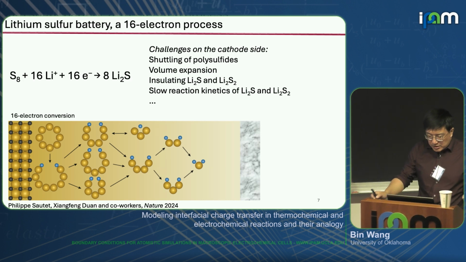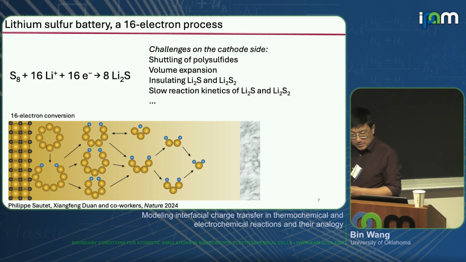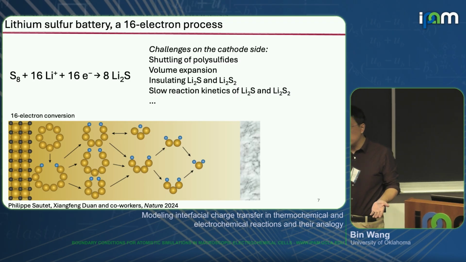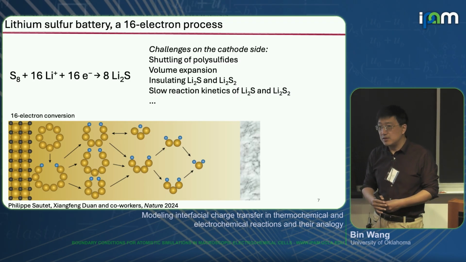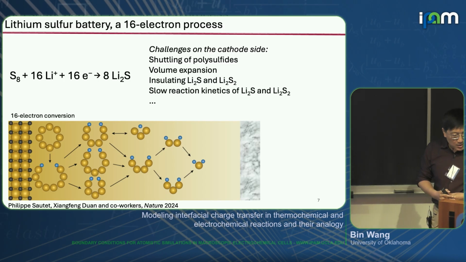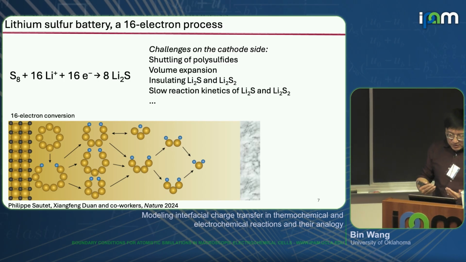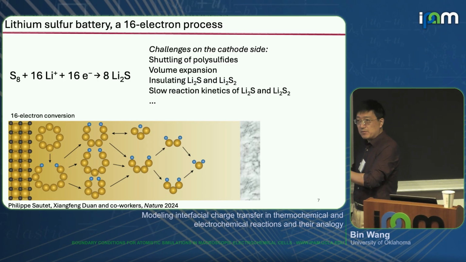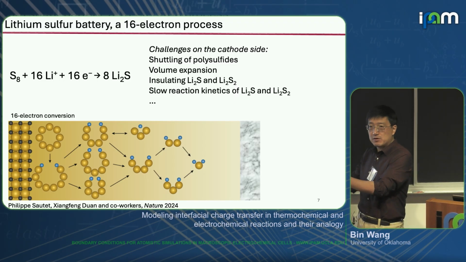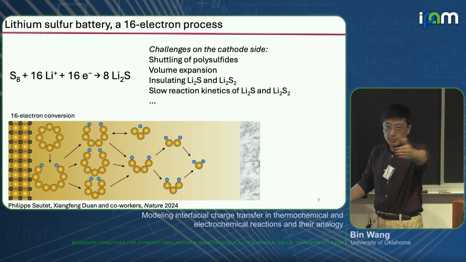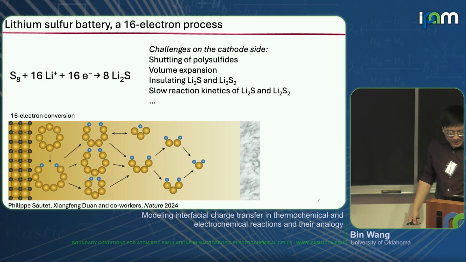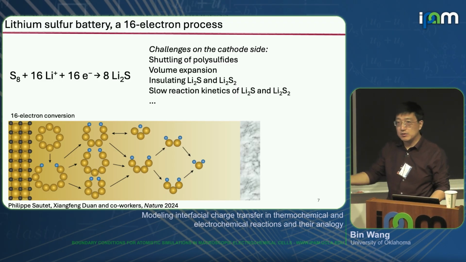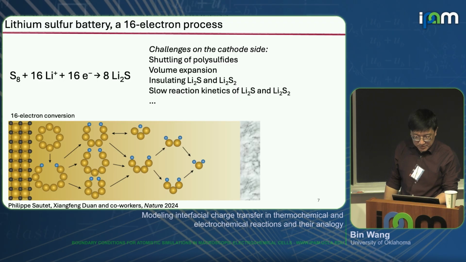Those lithium polysulfides are very polar, and the electrolyte normally is also polar, oxygenates like ethylene carbonate. So the lithium polysulfide can get dissolved into the electrolyte, and they can even transfer from your cathode to anode, so eventually your sulfur is lost at the cathode side, because they are moved to the anode. And also sulfur is insulating. It will also hurt the overall performance.